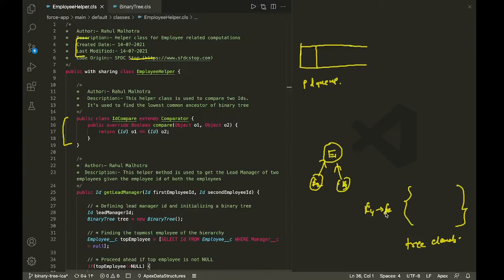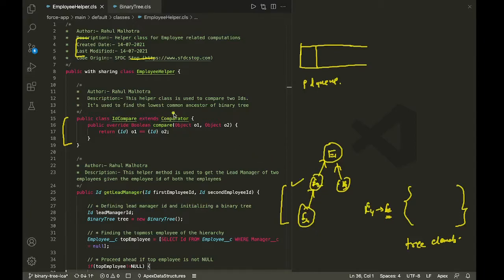So first of all, I need to find out E2, because I need to insert E4 below E2. So I'm going to check, is this equal to E2? Is this equal to E2? Then I'm going to find out, okay, this is equal to E2, and then I'm going to insert E4 below E2. So the thing that I'm trying to explain here is that we need to find a node by comparing its value, because we need to find the parent node by comparing its value. Then only can I insert a new node based on the parent node.